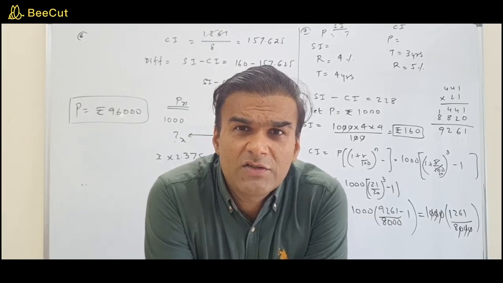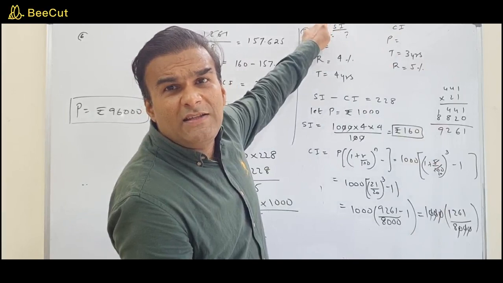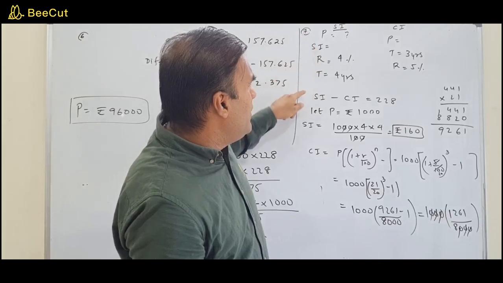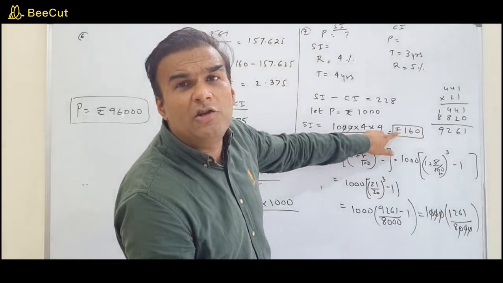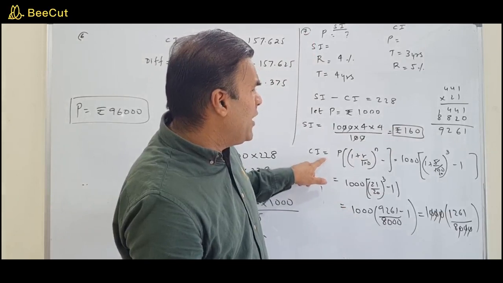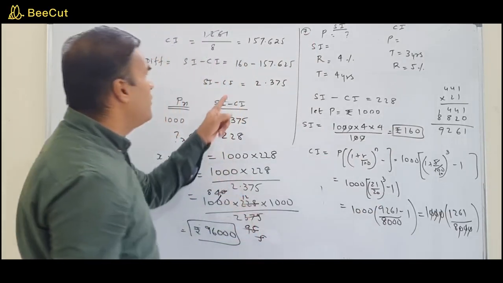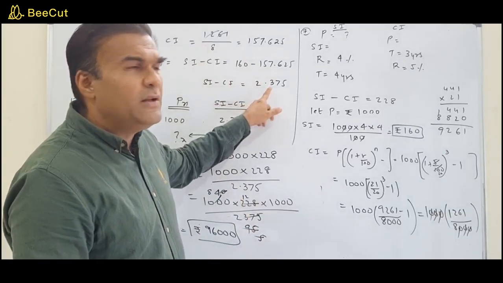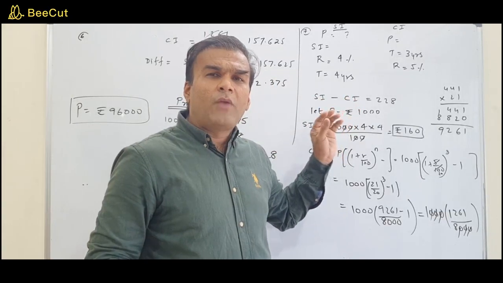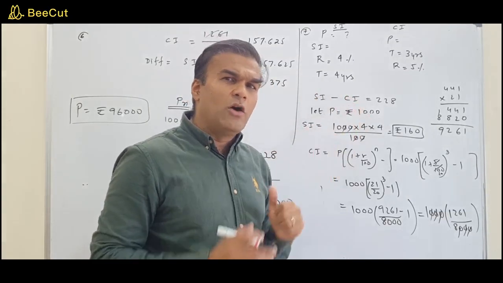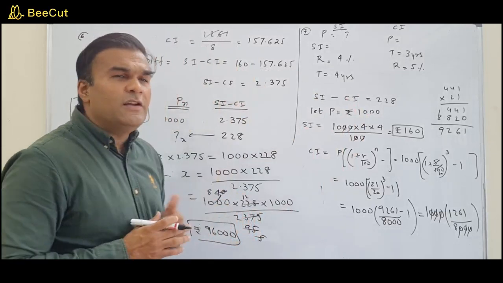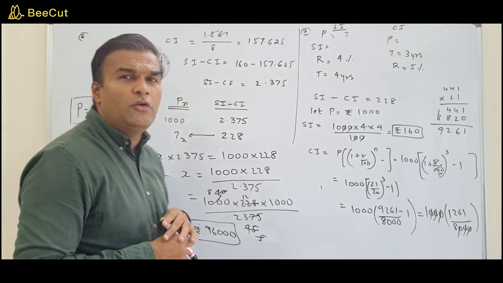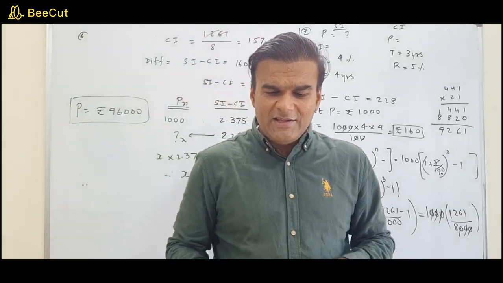It was mentioned to us that principal is unknown, whereas the time is 4 years and rate is also 4%. So taking the combination, I found out what exactly will transpire into my simple interest. Same by adopting the formula, I found out how much would be the compound interest. Then I found the difference between the two, which was 2.375, which is very, very simple. That means in both the cases, I find out how much is the simple interest or the compound interest on 1000 rupees. Then I found the difference. If principal is 1000, difference is equated. This difference was given to us. So by following unitary method, we got to know what exactly is the answer.